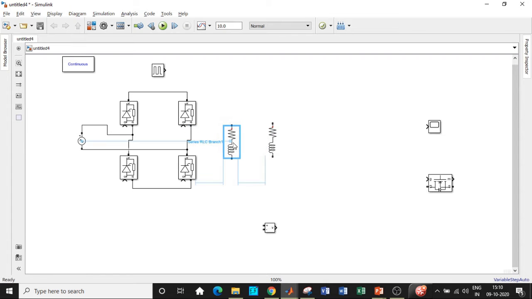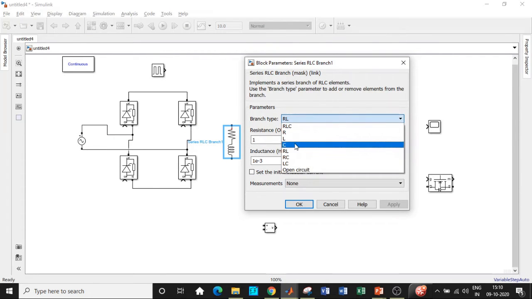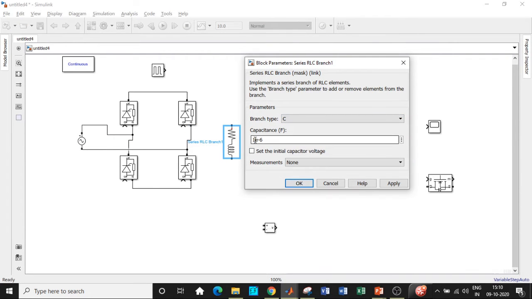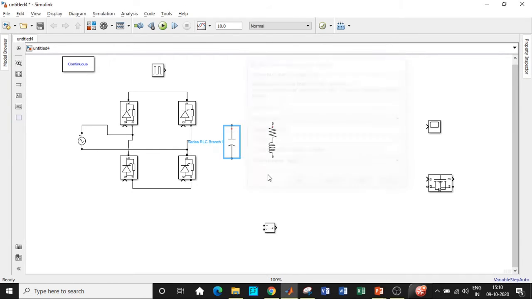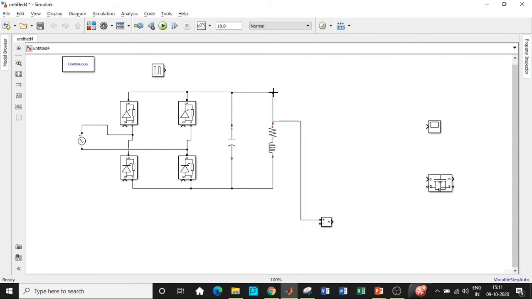I also need a capacitor filter in order to ensure that the output voltage remains DC at the load terminals, so that the ripple also reduces as far as possible. I'll be connecting a capacitor between these 2 points in this particular fashion, and an RL load is to be connected between these 2 points. Once this is done, whatever voltage is obtained at this point, I will be giving it to a scope in order to see what is the output voltage that we have obtained. So connect it to the scope in this particular fashion.